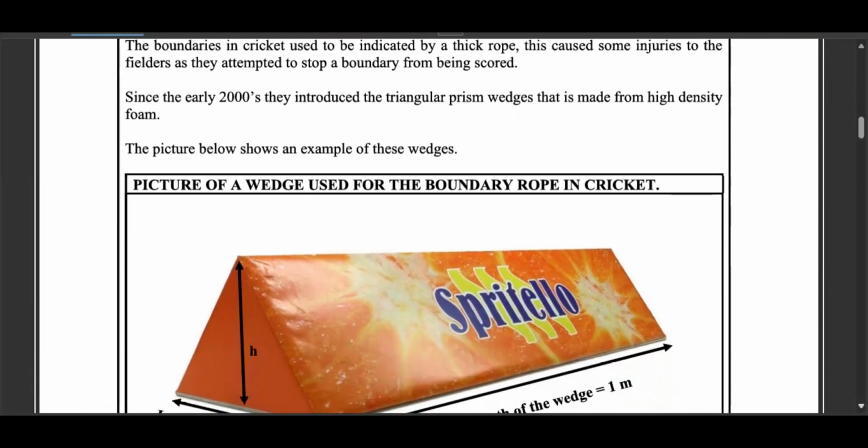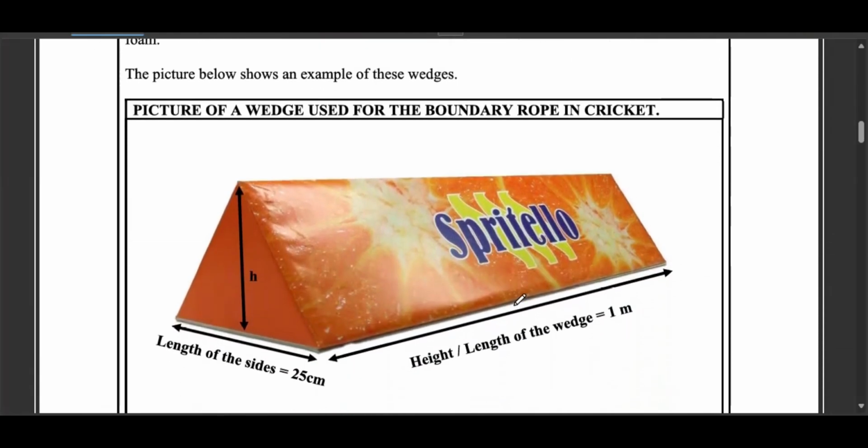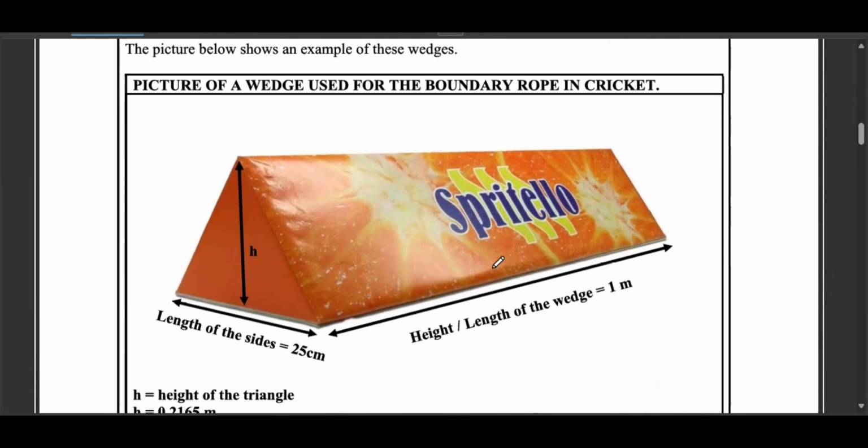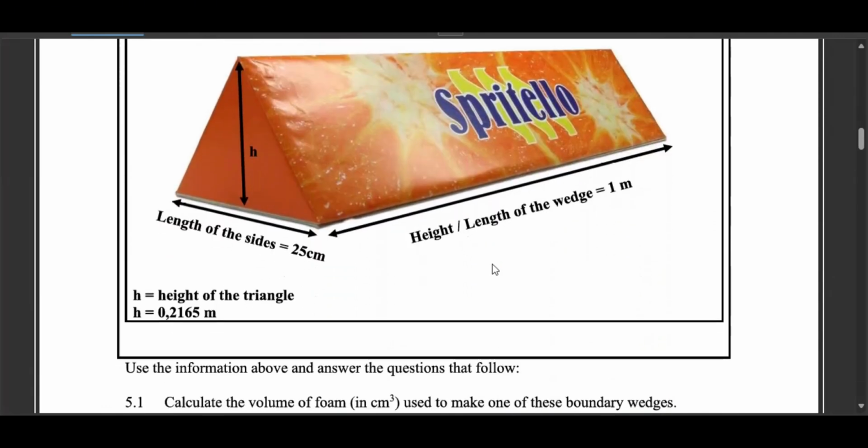This is not chocolate. These are put around the pitch so that when these cricketers run, they don't fall down, they fall on them. Okay, we are looking at them. They're triangular, well and good. Actually, if someone asked you for the volume of this, using your common sense, remember we said the general formula for volume